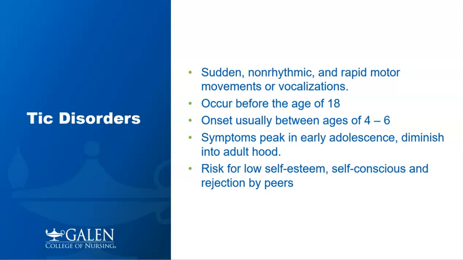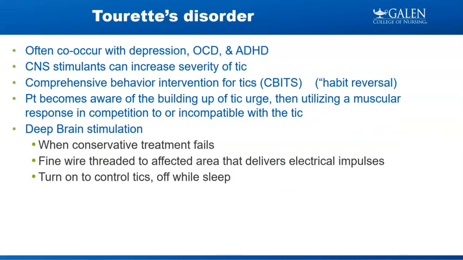Vocal tics are spontaneous words, grunts, coughs, sniffs, barks. It could be very much. Tic disorders will start before the age of 18, but mostly at that kindergarten age. As we are starting kindergarten is when we tend to see them, and they will kind of progress. They can get better as we go into adulthood. However, there is a big risk of low self-esteem. The kids know you can't hide the tics, so the kids know that everyone knows what is going on.